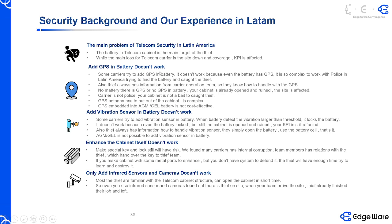I know that for many carriers the first way of thinking is to put a GPS inside the battery. But we have two scenarios. The first scenario is AGM or GEL batteries, where people make a battery group and put the GPS inside it, so one of the batteries has GPS functions. Another option is a leasing battery, where they put the GPS inside the leasing battery, but it really doesn't work because